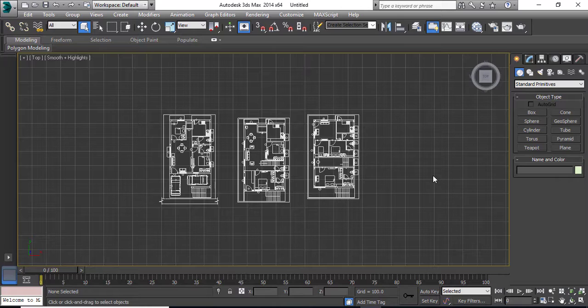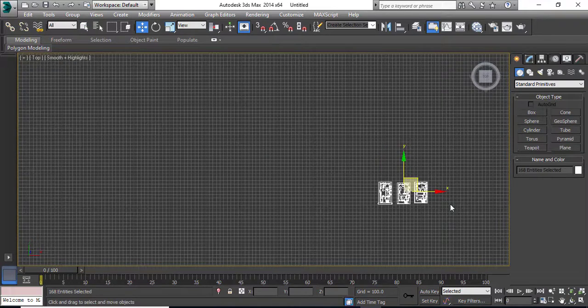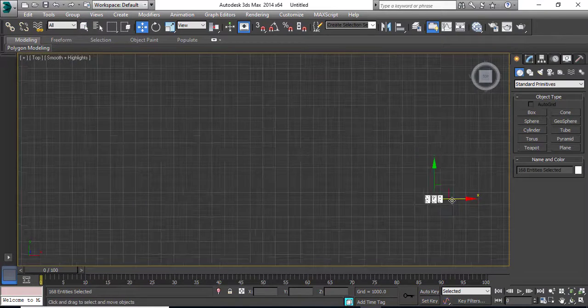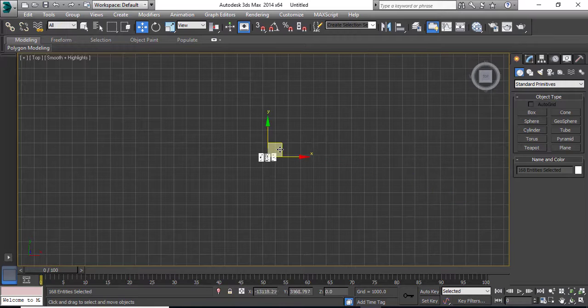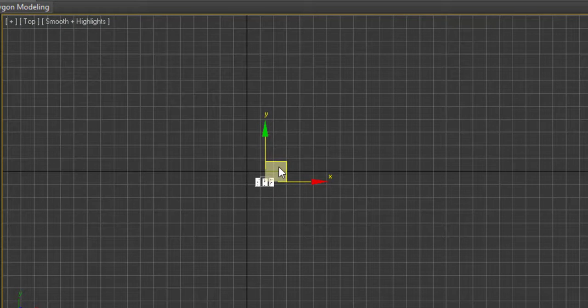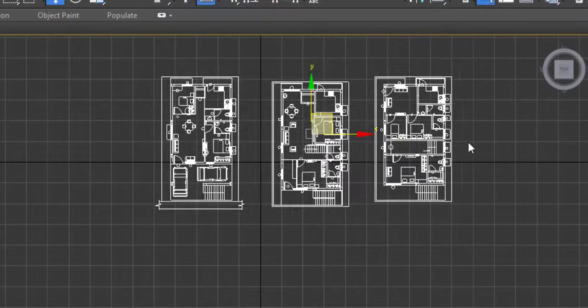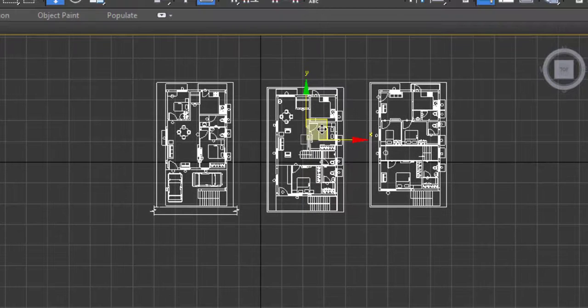As you see here, your file is imported in Max. So simply select it and move it to the center of the working window. As you can see, this is a big working window, so it is very important to move your file to the center of the working window. What happens is, it is easy to find the file if it is lost, so it is always preferred to keep it at the center of the working window. So I have kept my file at the center.